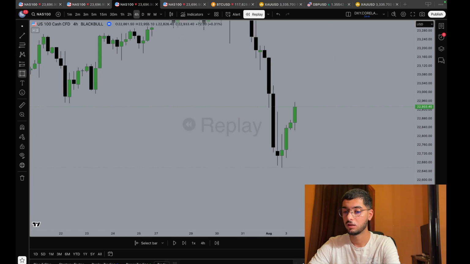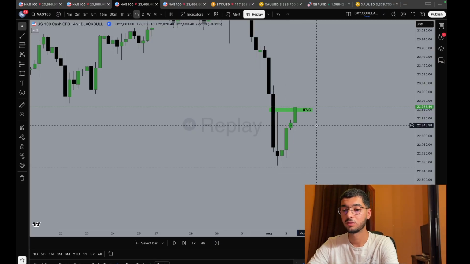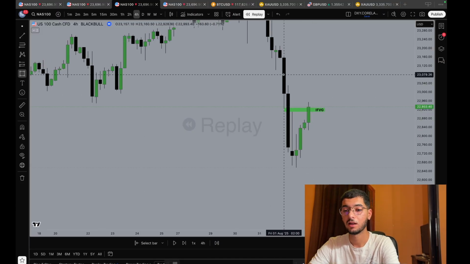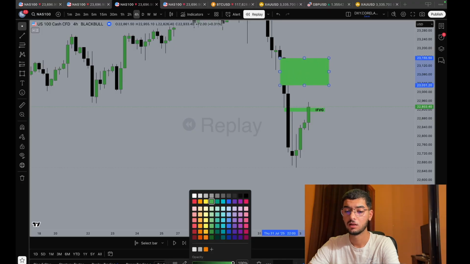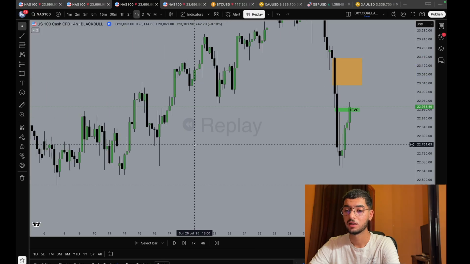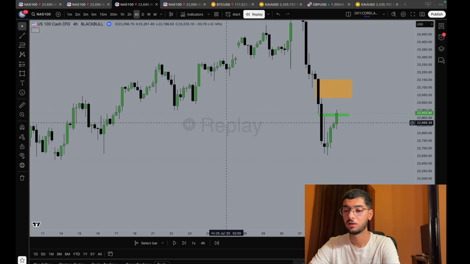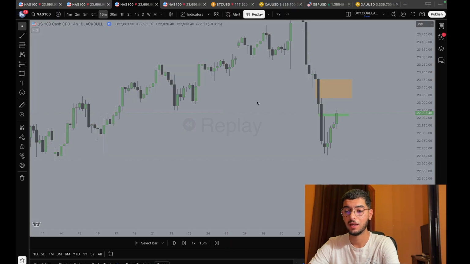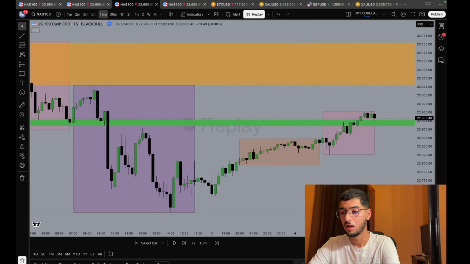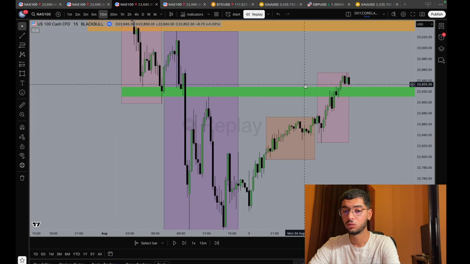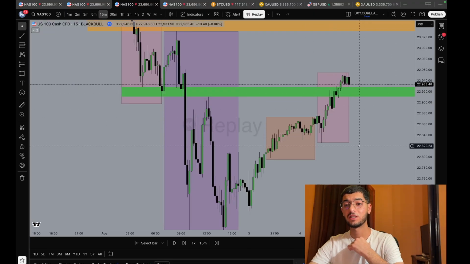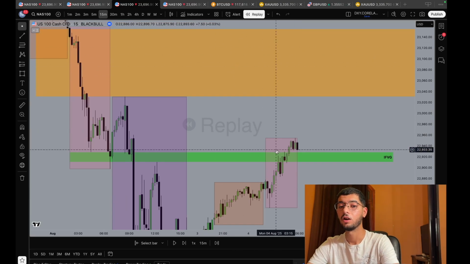So this is what I qualify as an inversion fair value gap. So I'll be keeping an eye for that, and this would be a great premium level. That price would be nice if it comes here. So from this point to this point, I have to zoom in into the markets and see the perfect time the market would offer a manipulation that would allow me to put a position to get into this area of